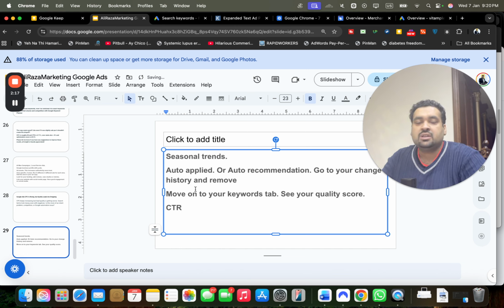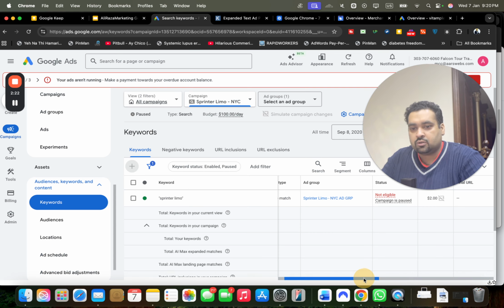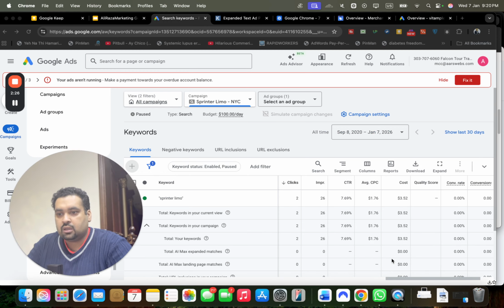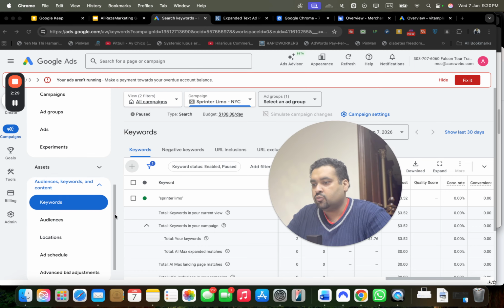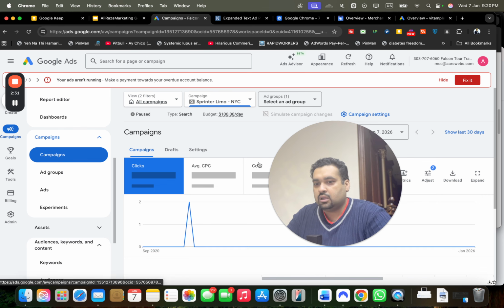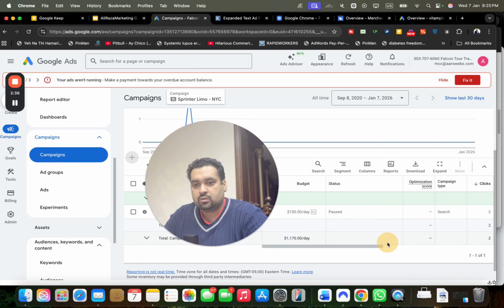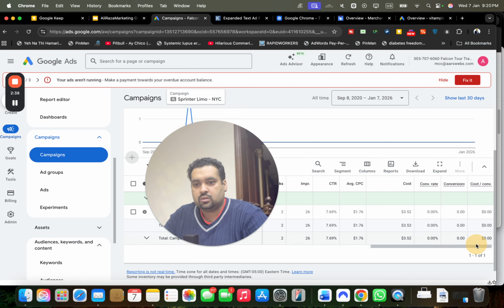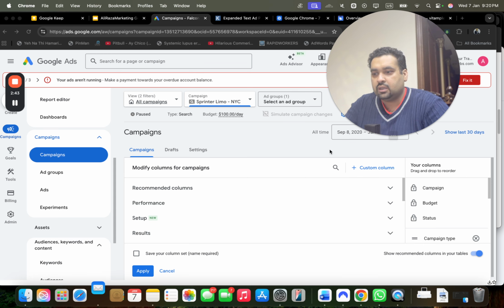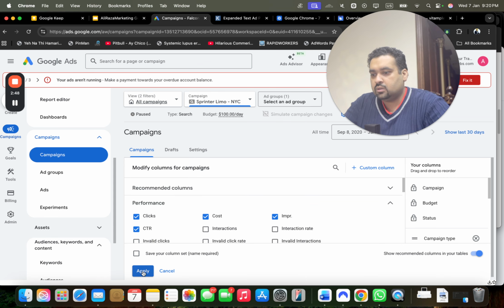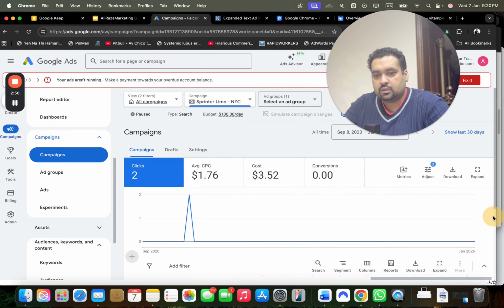CTR means click through rate, the number of times people are clicking on your ad. CTR is a percentage. You can move on to your campaigns tab, adjust the columns, modify the columns, add the CTR and apply.